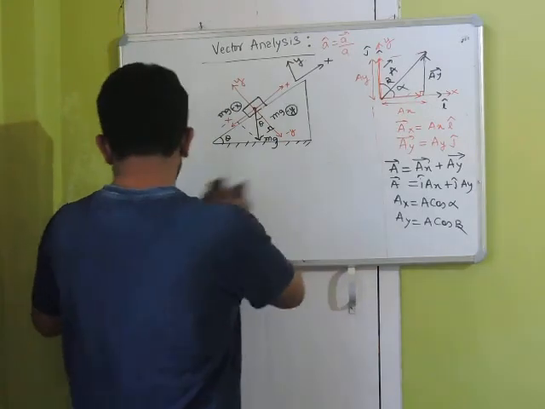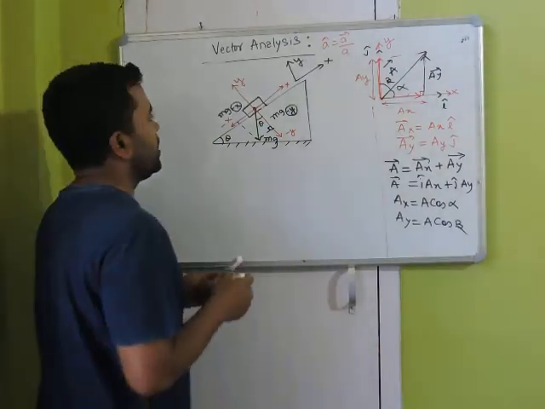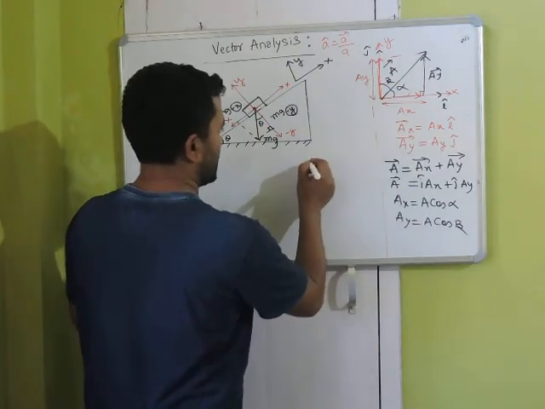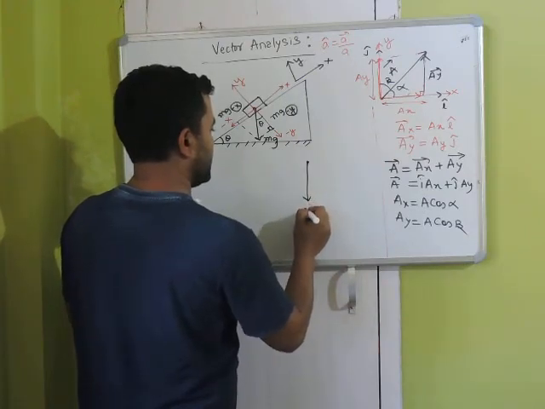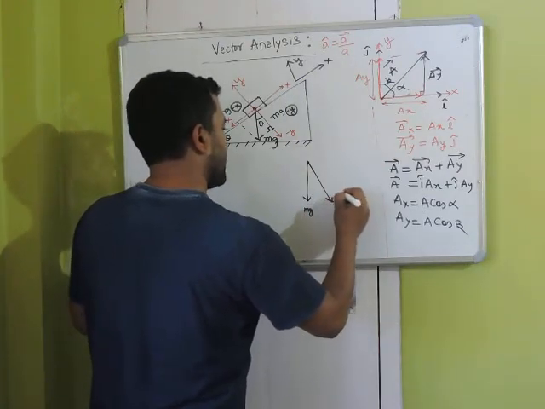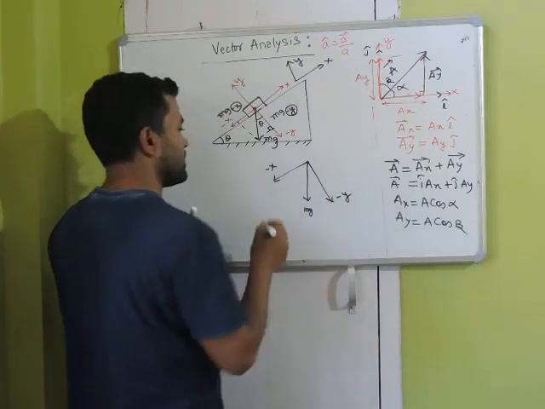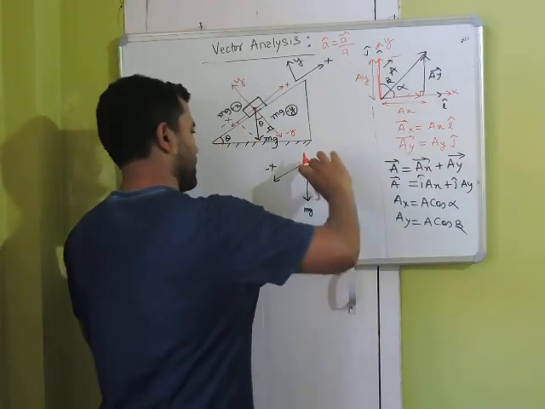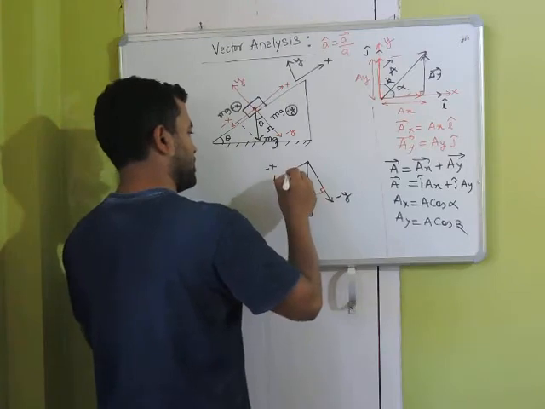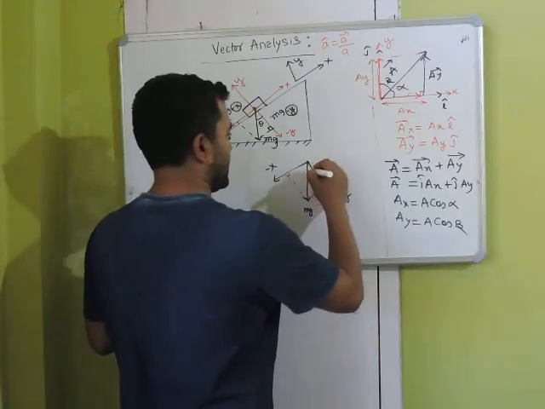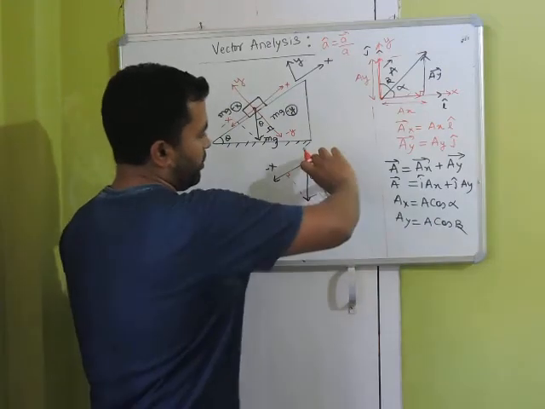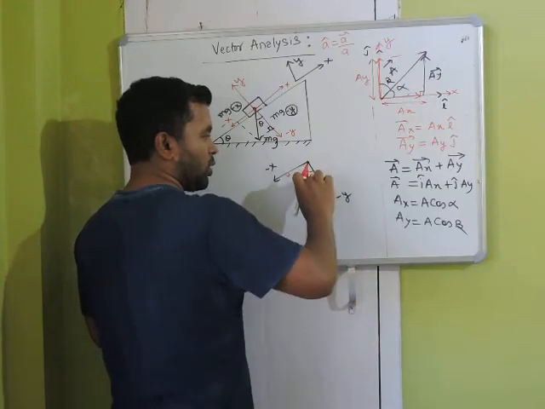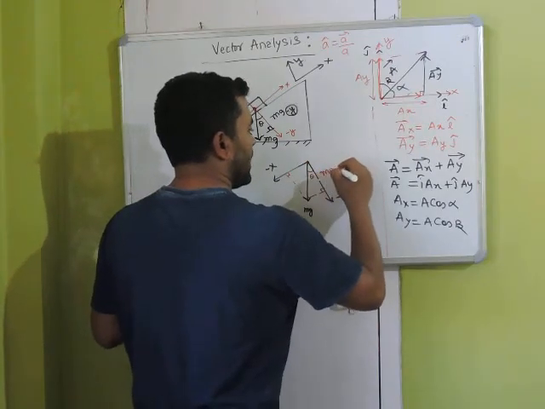Now once you know the angle, then it's very simple. So if I resolve this, let me draw the diagram again separately. This is my mg, this is my minus y axis, this is minus x axis. If I drop a perpendicular, this is your minus y component. If I draw a perpendicular, this is my minus x component. Now this angle is theta, so what will be the component of mg along y? So vector length, which is mg, times the cos of the angle, so this component will be mg cos theta.